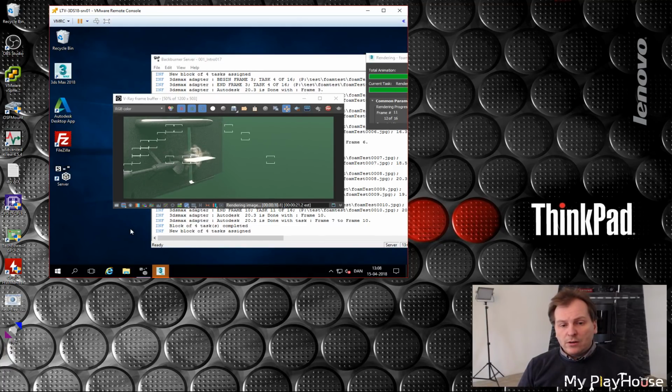These render servers, they're really easy to just copy to the next server and the next server and the next server. And of course, they need some physical cores to work on. So right now we are just testing on this one physical server, but we will be copying them over to another host, and that way getting all power to